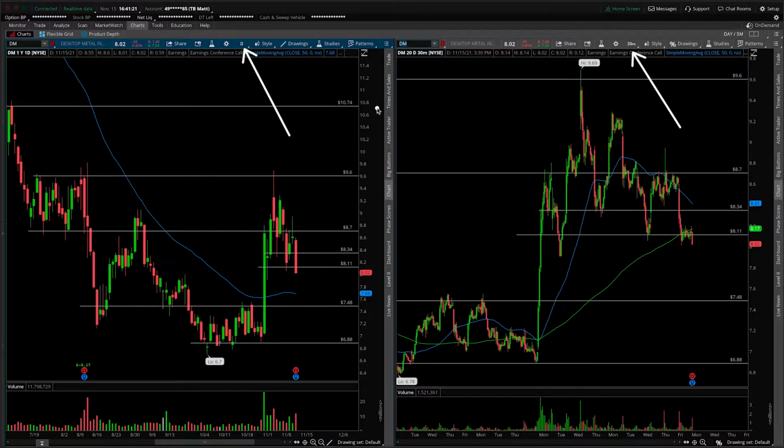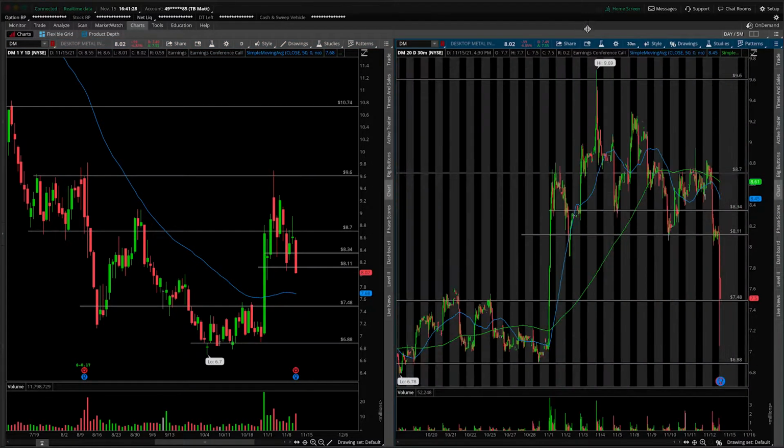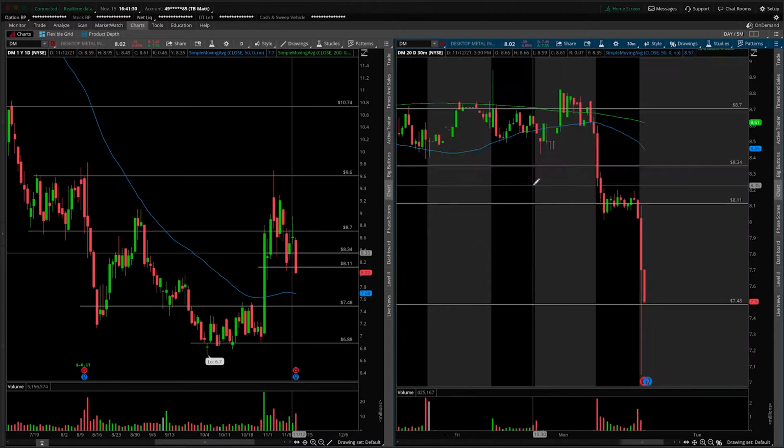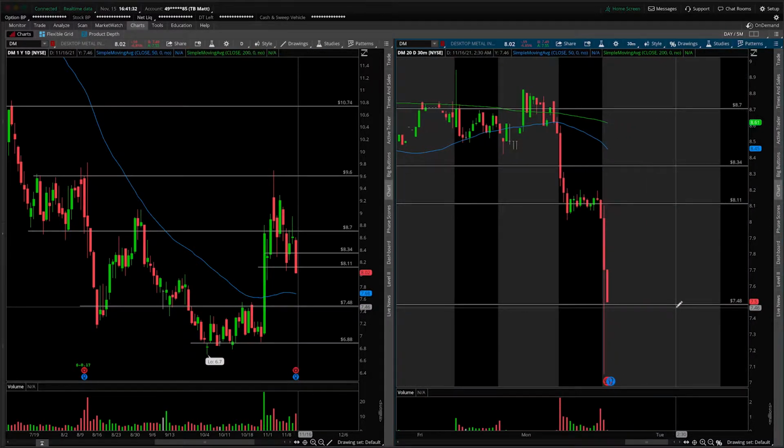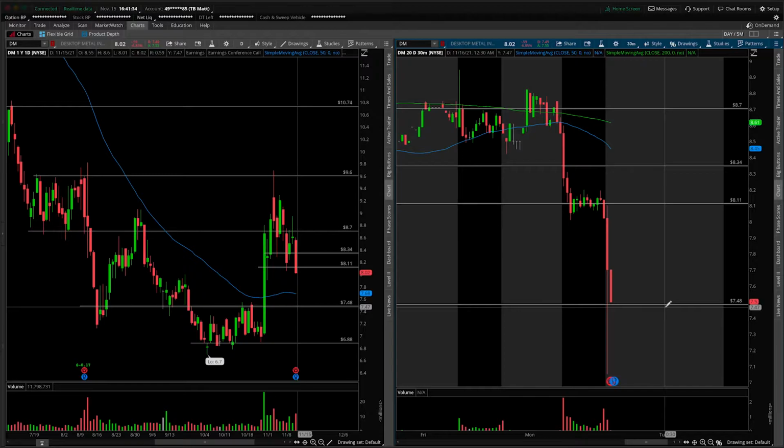First things first, yes, we have marked this chart up, but more importantly, we did get an earnings announcement after the bell today, so let's flip on the extended hour session and see what's going on with the number. And my goodness, without even fully zooming in, you can see quite a bit of damage has been done here. It's very likely that we will be opening on a gap down for tomorrow's session.